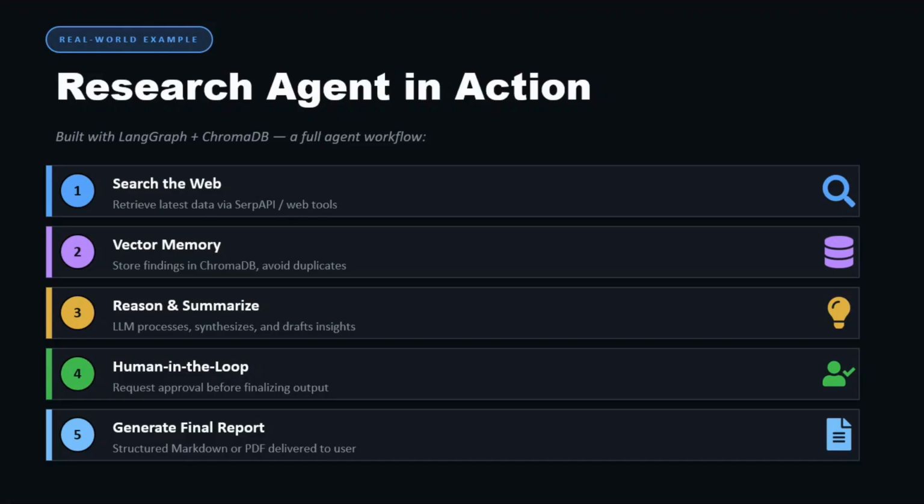Second, it stores findings in a vector database and avoids duplicates. Third, it reasons over the information and summarizes it. Fourth, it brings the human into the loop for approval. And finally, it generates a polished, structured report. This is a complete agent workflow: perception, reasoning, action, and memory working together.